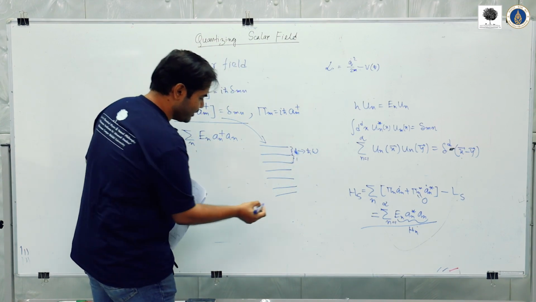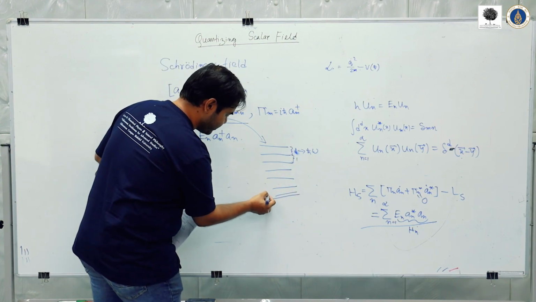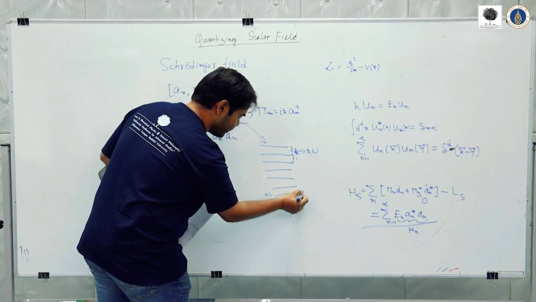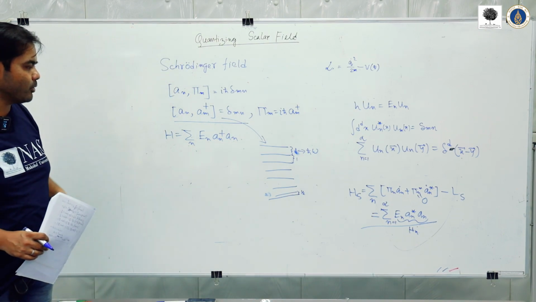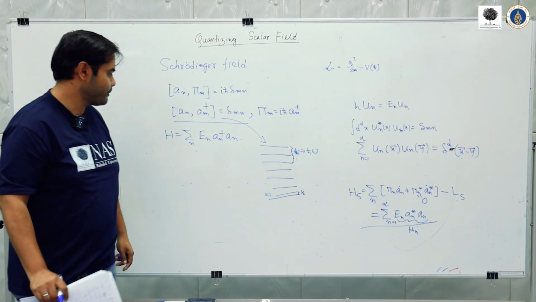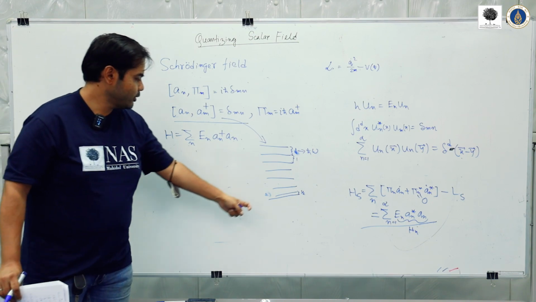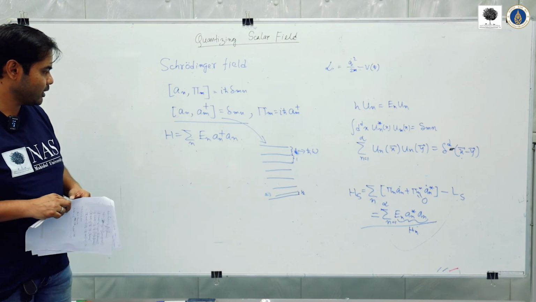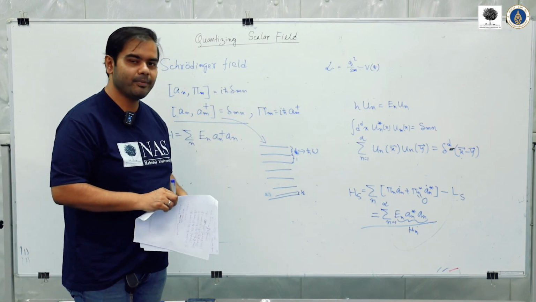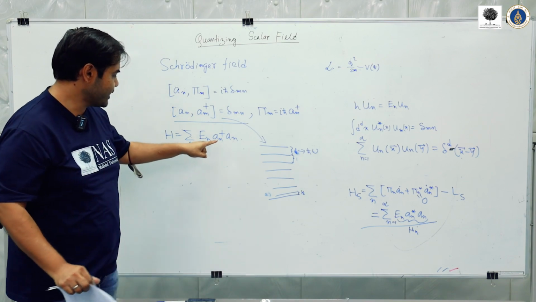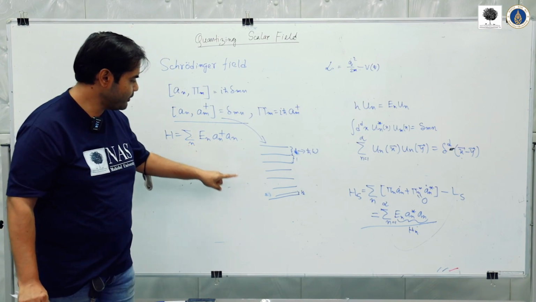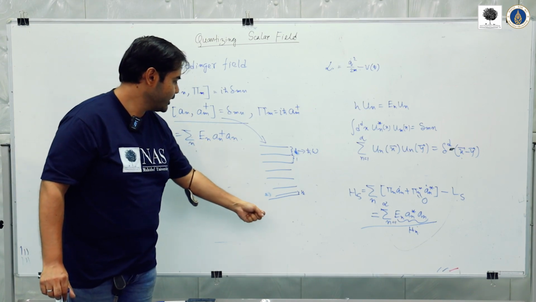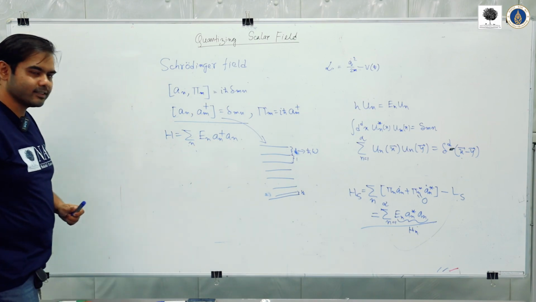So these gaps are equal, and the lowest energy eigenvalue will have a value half, or half h bar omega in the language of harmonic oscillator. So this will automatically come, so equispaced levels and all, and these levels will be infinite in number. So for each an, or each species for n equal to a particular value, you have infinite energy levels,